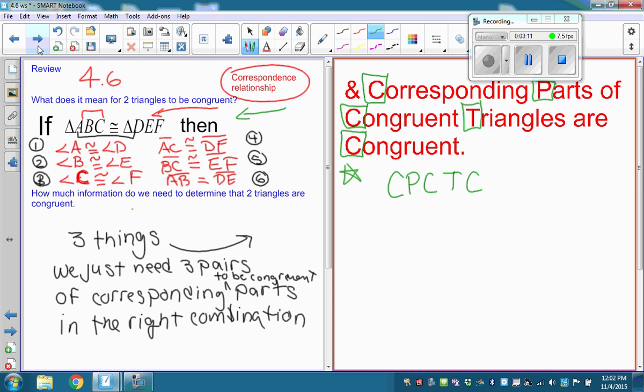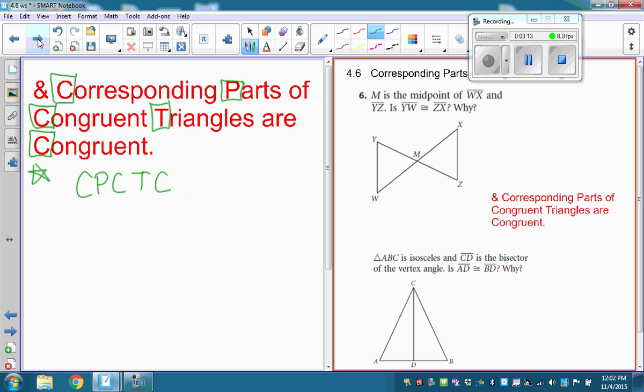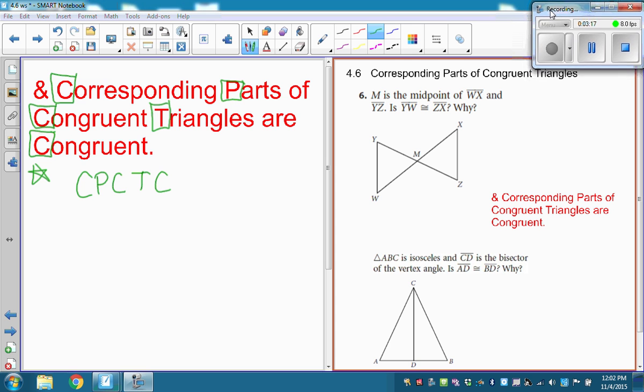Okay? So, for you guys tonight, how does it affect you? It's really simple. You're going to do the exact same thing you've done before. You're going to mark your drawing, and you're going to determine if the triangles are congruent, if they ask you to determine that. And then you're going to say why they're congruent, and then you're going to answer their question. So when I look at number 6 as an example, it says M is the midpoint of WX